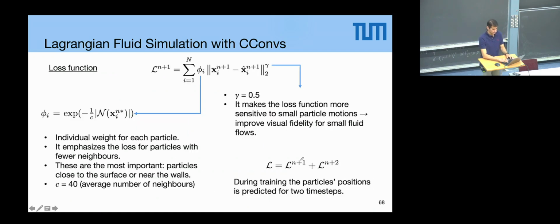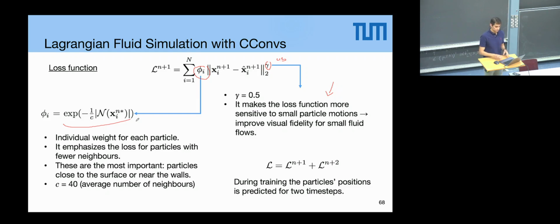Here we have their loss function. I think here it's interesting to have a look at some things. They don't use the mean square error. Instead, they use some coefficient gamma with a value of 0.5. They provide an explanation for that, but I think it's more based on empirical results than on some physical evidence or physical justification. What I think is interesting though is using this weight. After they compute the error for each of the nodes, they give a higher importance to some of the nodes. Based on this, they give a higher importance to the nodes that have a small number